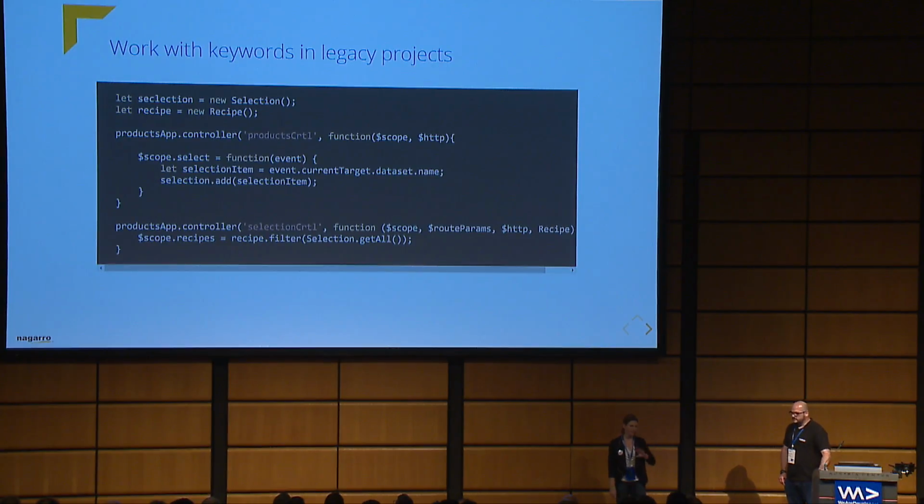So let's take a look at this small example. In the first place, we are defining a selection, the recipe, because these are the keywords we needed. In the second place, we are adding these keywords to the 2 controllers that are used in the implementation. The first one is the broad controller. It was the implementation for the selection, so for selecting the ingredients and the cuisine type. And the second one, the selection controller, was used to render the list in the end. So the only thing you needed to do in that way is to wrap around the framework and put in the keyword. I hope that makes sense to you.